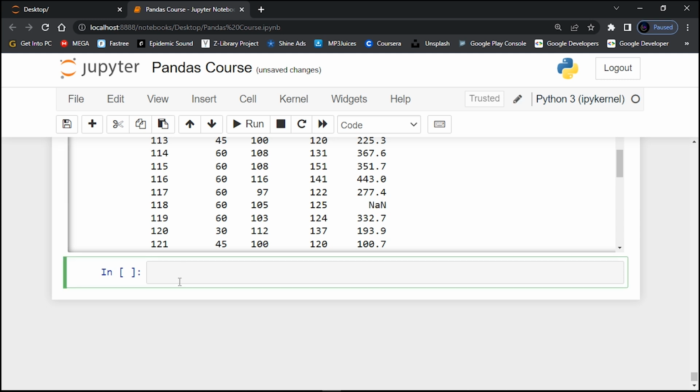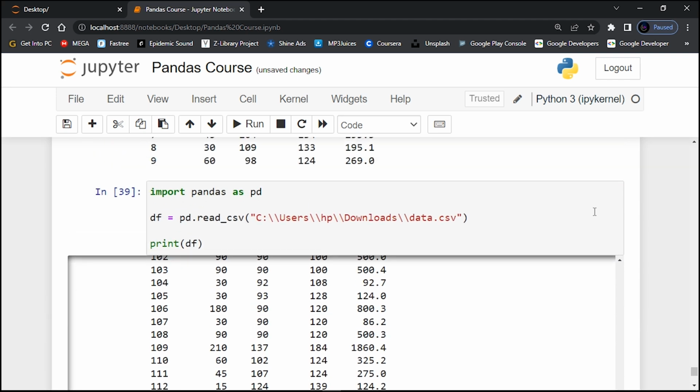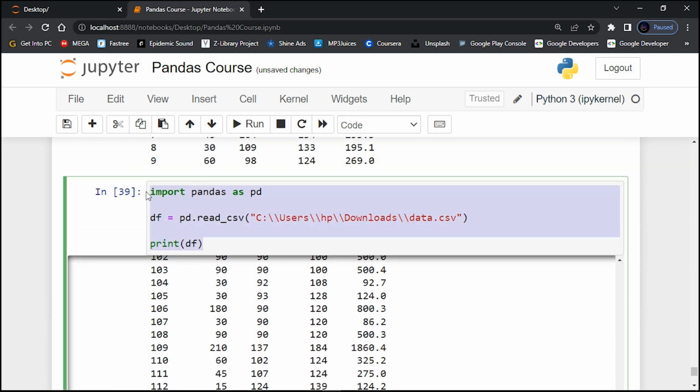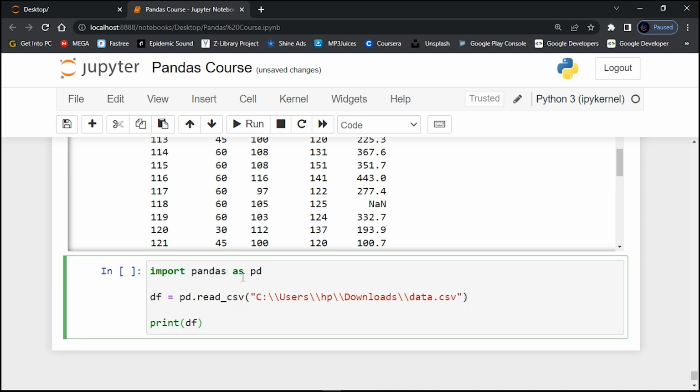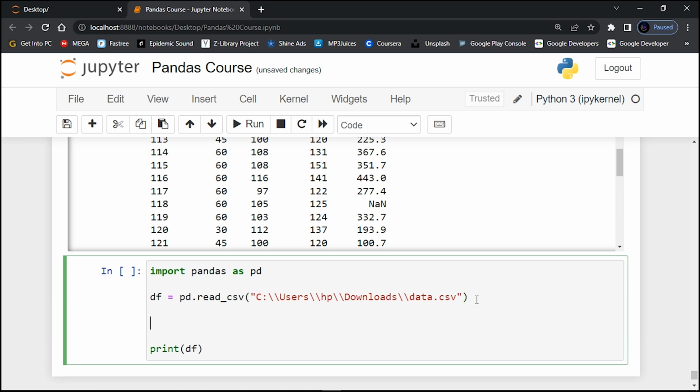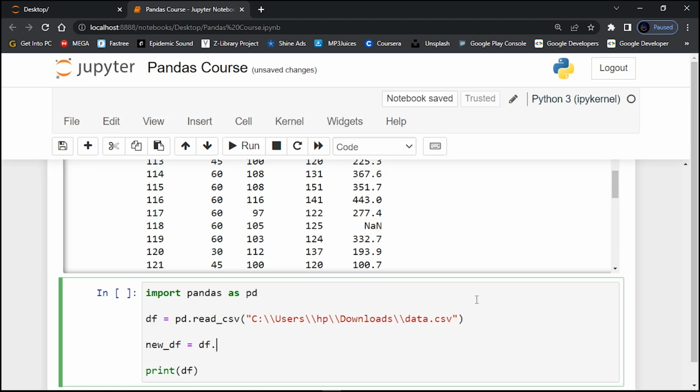Now to do that, we have to import pandas. The best way is to just copy these codes because they are the same. I think by now you understand how to use them, so let's not waste a lot of time. I'm going to add a line of code called new_df, using snake case, and assign it to df dot